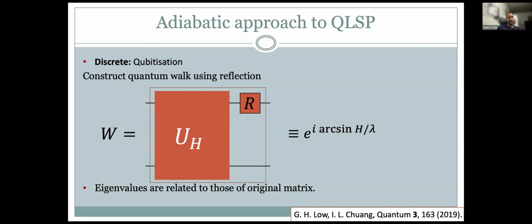The way to construct the qubitization is quite simple. It's just a small modification of the block-encoding version of some matrix. In particular, this is the block-encoding of our time-dependent Hamiltonian. But rather than projecting on the state 0, projecting on zeros on the ancillary qubits used to encode that, you do the reflection on the ancillary qubits, and that's the way to construct the quantum walk operator here.